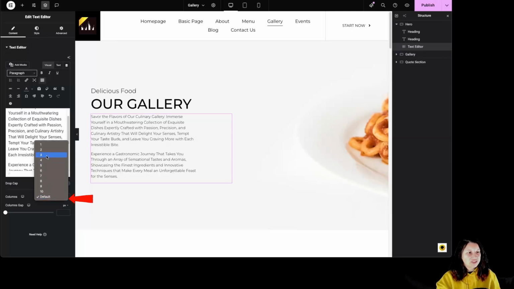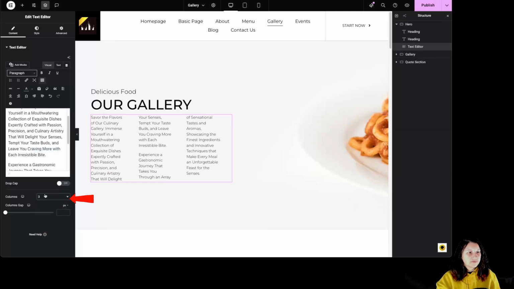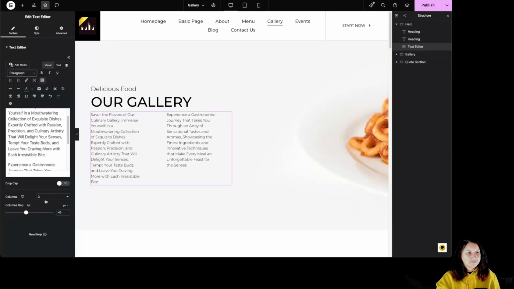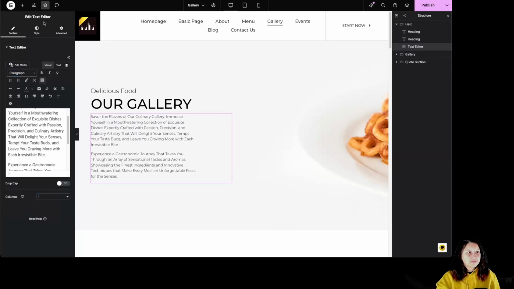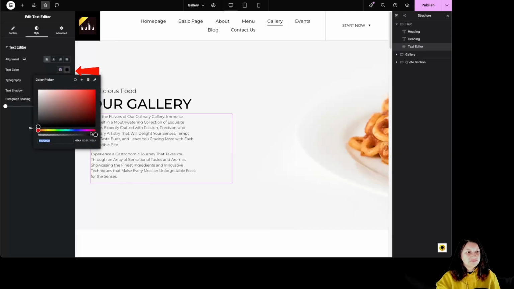We have the options for columns, like so, and the column gap, like so. Then by going to style, we have the option for alignment, the color over here,